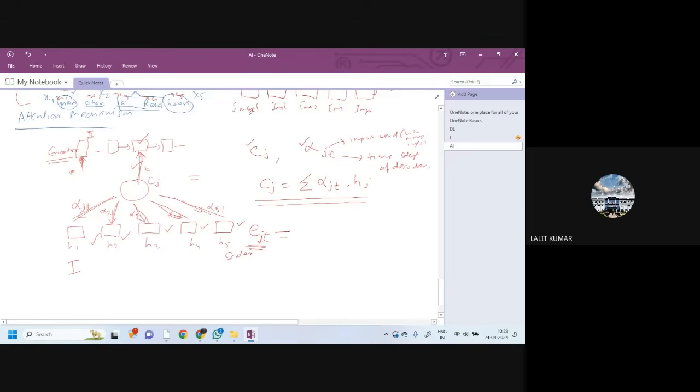So this will be some function of the previous value, st minus 1, and some function of hj. Is this clear? We are just saying that EJT is a value, how the jth word in the input